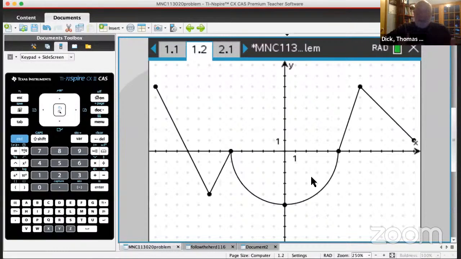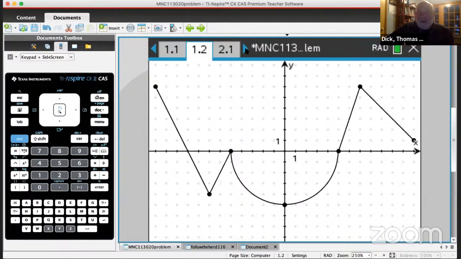But if I'm teaching this and I want to use an example like this, it's nice for illustrating the problem. But if I do want to use the technology, for example, as a kind of check on how we're thinking about things, I really want to go ahead and analytically define this function. Now, Steve did that part way when he was looking at the semicircle part. He actually went ahead and found an analytic formula for that part of the graph. But I'm going to go to another page here